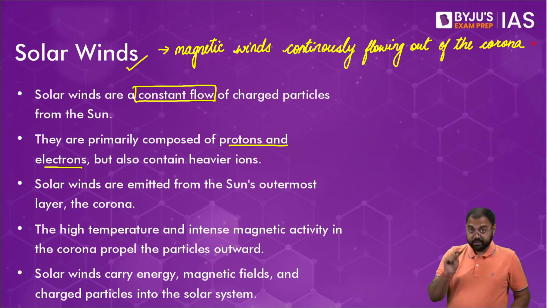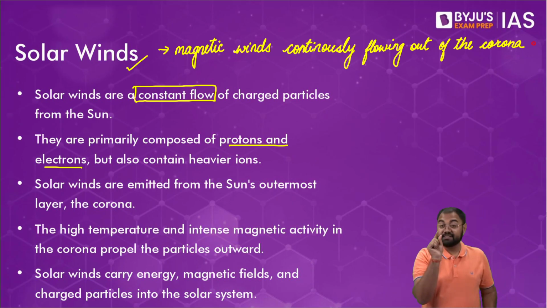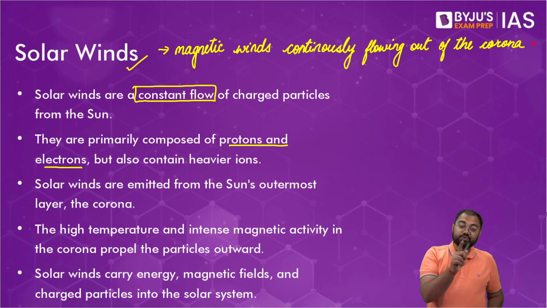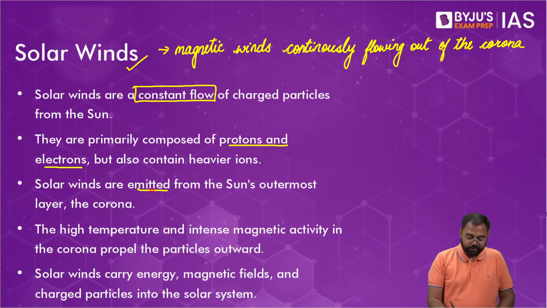So that's why continuous, constant is the key word here, because solar flare is sudden and solar wind is continuous. All right. So they will also be emitted out of the corona as we discussed, and